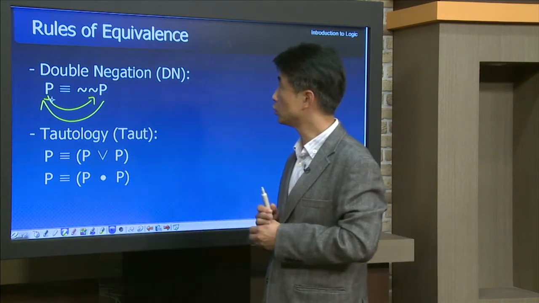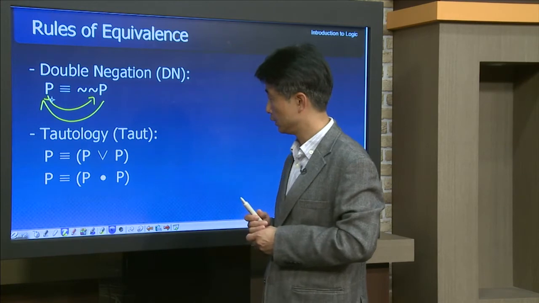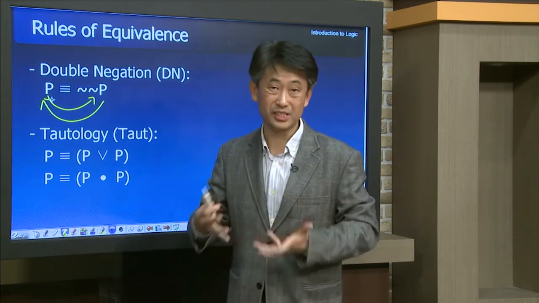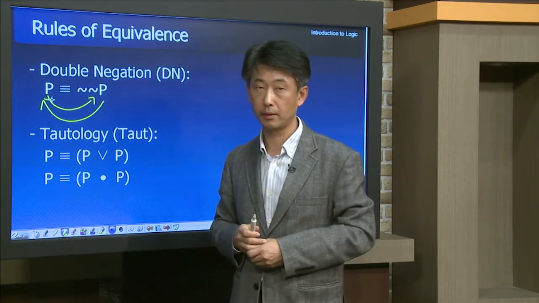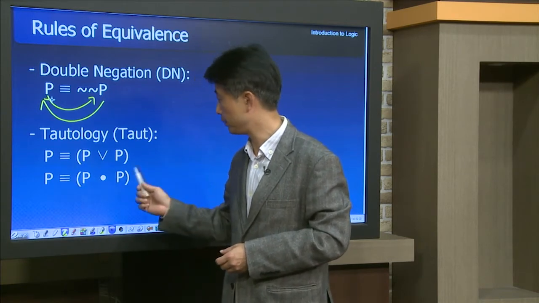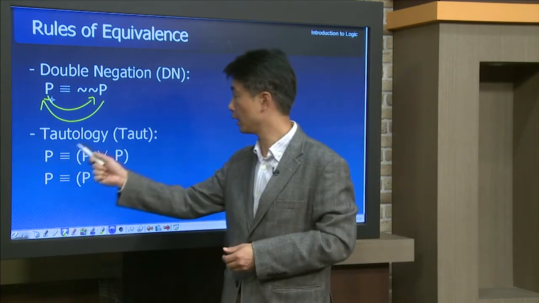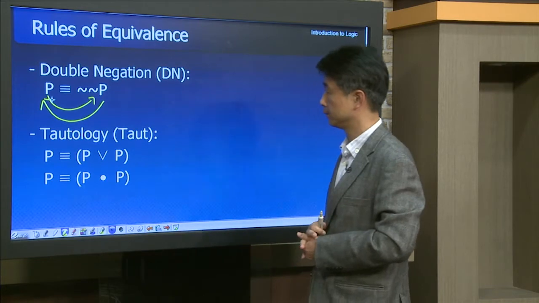The next rule of equivalence is what's called tautology. It says that P is basically saying the same thing as P or P. Again, P is the same thing as P and P. So when you have P, you can derive this. When you have that, you can derive that. Remember,